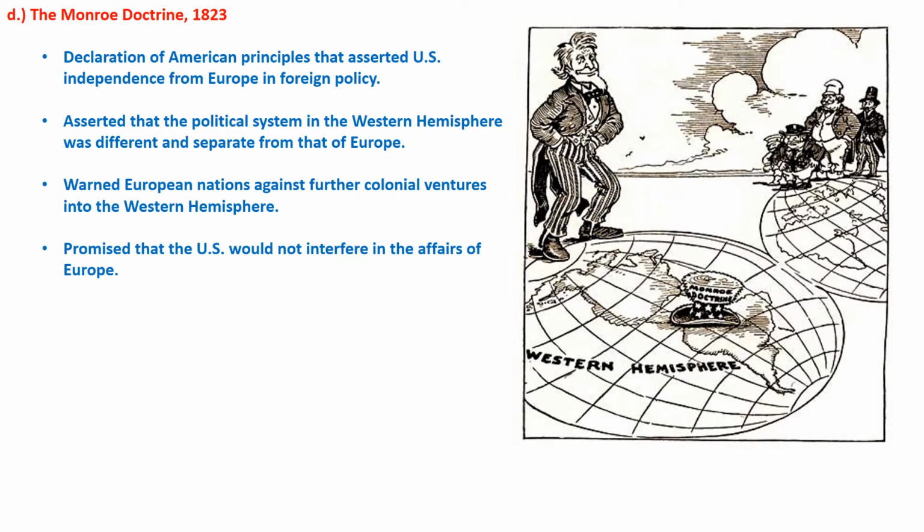And this is going to set a pretty important precedent where the United States effectively sees the Western Hemisphere as its sphere of influence and will take it upon itself throughout really the rest of the 1800s to pretty consistently get involved in the affairs of other nations in the Western Hemisphere.